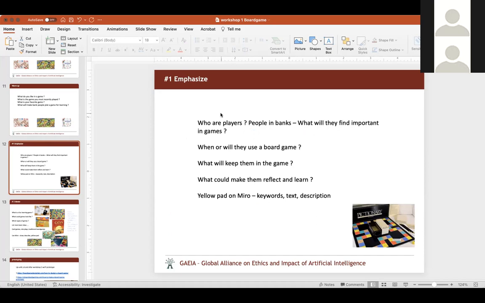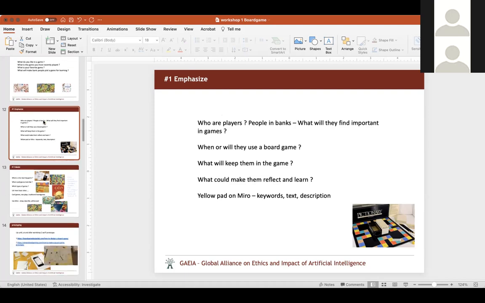I wanted to do two exercises here now. One, a little bit about who our players are, when they'll use a board game, and what will keep them in a game. The intention was simply to do basic ideation and try to describe the lay of the land and the context for games. So that would be the emphasizing part, and then the next